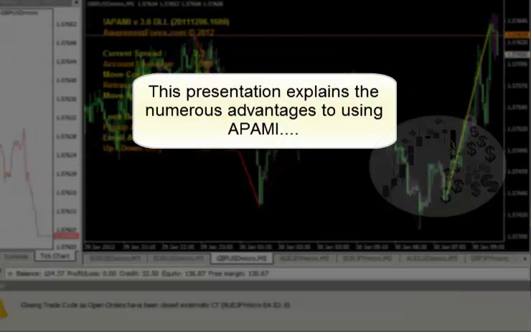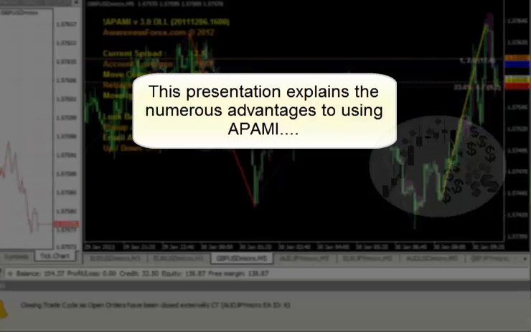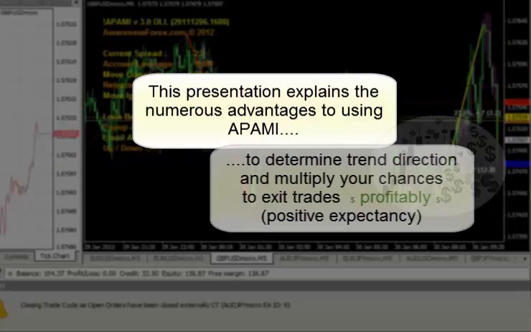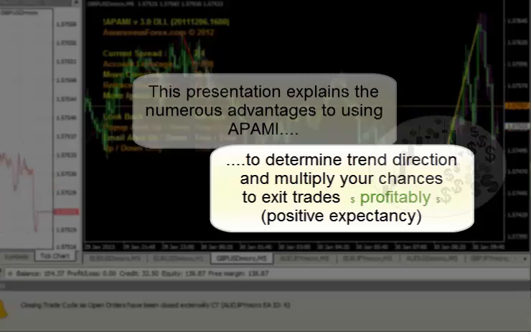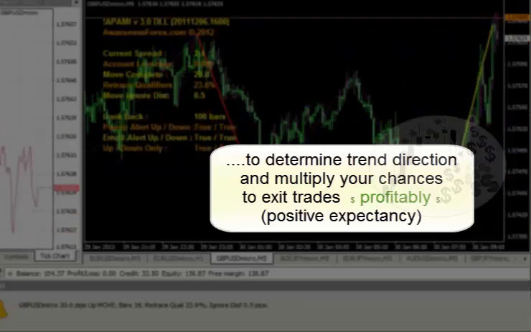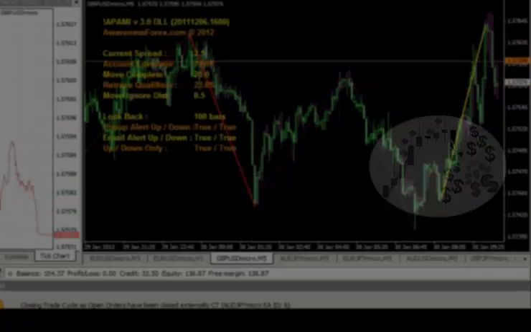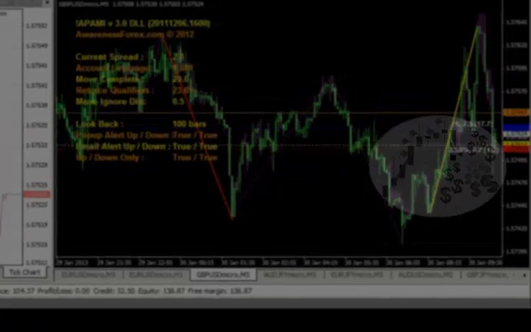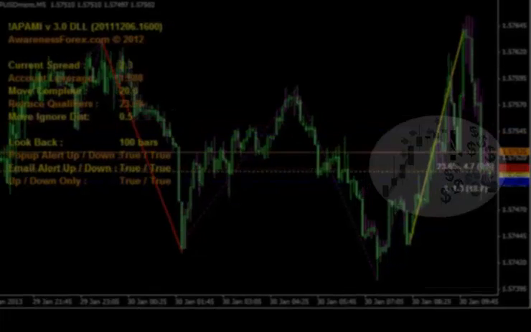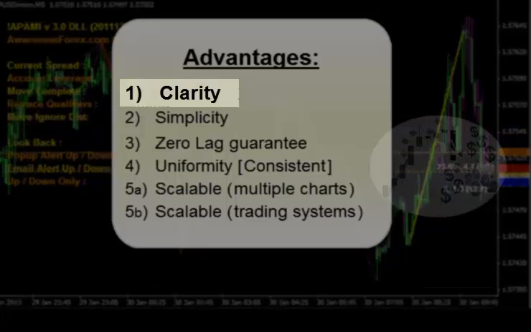Welcome back. Today's presentation is going to cover the numerous advantages to using the APAMI indicator, mainly to determine trend direction and to create a positive expectancy so that if you use it as a signal, you can make your trades more profitable. The advantages include clarity,